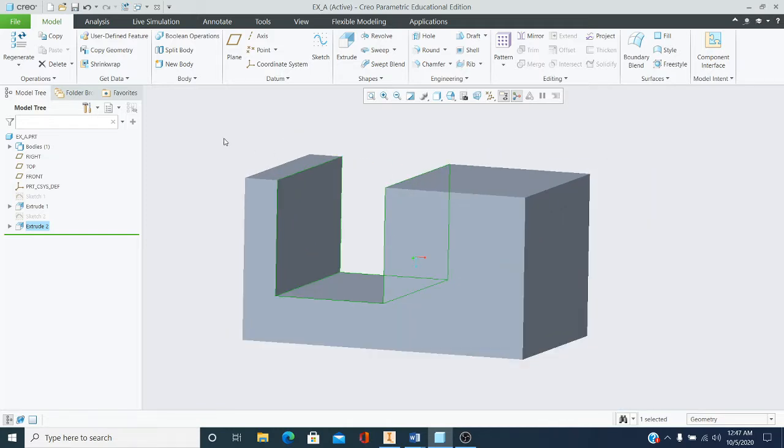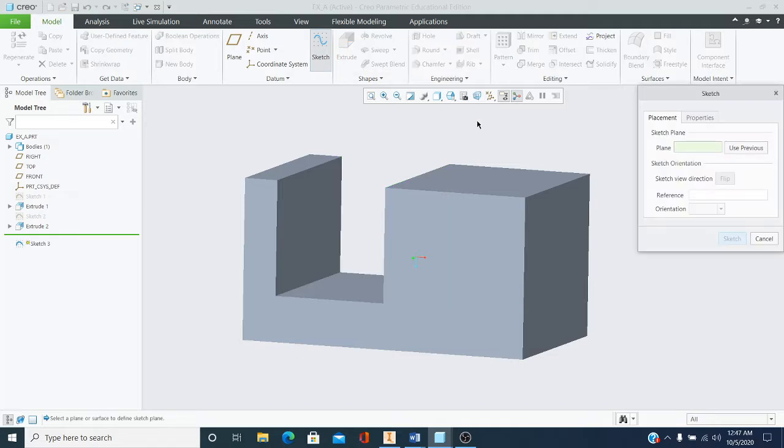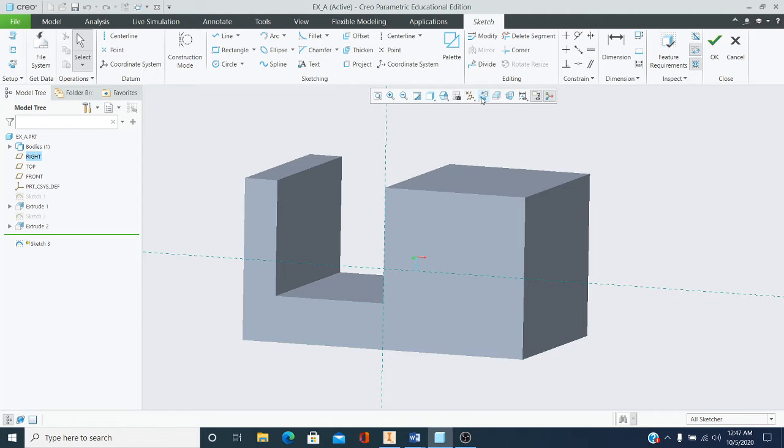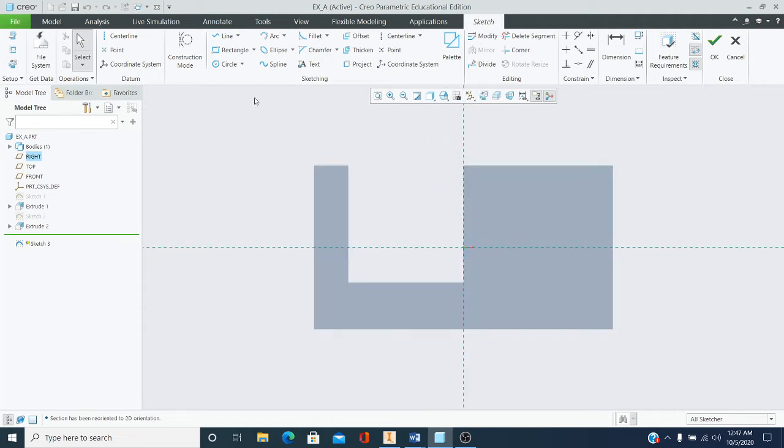I'm going to make another one of those. So go to Sketch, click on this surface, Sketch. We want to do a look at, sketch view. And we're going to do a rectangle. Here, let's undo that. We're going to do a rectangle, do a corner rectangle. Click on this corner and we're going to drag it down like this. Click, and then click with your